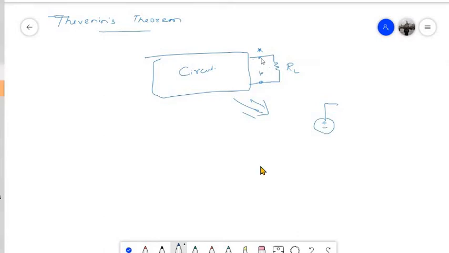Which is nothing but the open circuit voltage, which means if I remove this load resistance from these two terminals, and if I measure the open circuit voltage between these two terminals, I can have a voltage source equal to the open circuit voltage in these terminals, and that will be in series with the Thevenin's resistance. This Thevenin's resistance will be nothing but, if I open circuit this RL, so let's say I remove this RL, and I see what is the internal resistance from this end, if I can see the internal resistance,